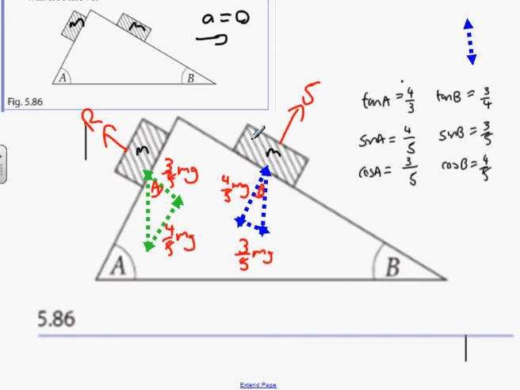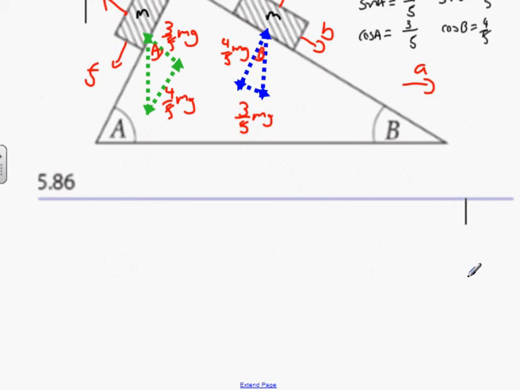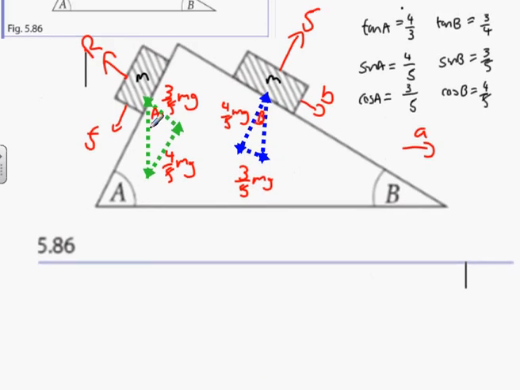Next thing we're going to do is call this acceleration F. We're going to call this one here acceleration B. Two different accelerations for the two different particles. And then we're going to have acceleration A for the wedge as a whole. What's the goal of the question again, guys? A equals 0. So we have to figure that out. While I have this in visual range, I'm going to do the equation for these two, but